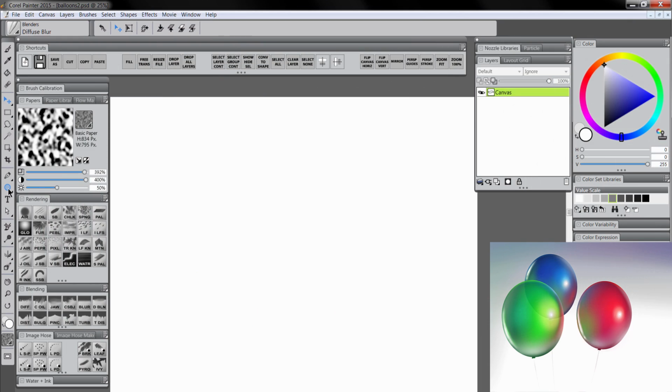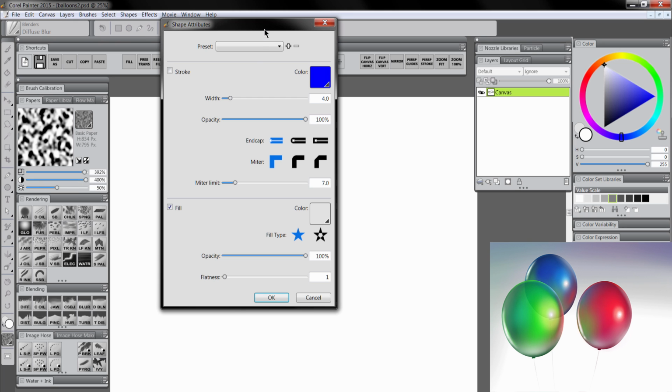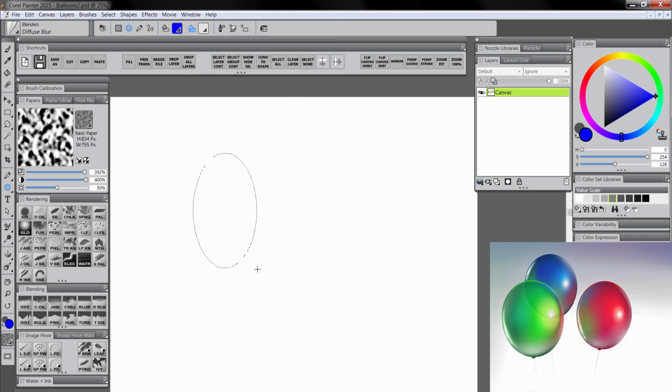First, we'll start with the oval shape tool. It may be hiding under the rectangular shape tool. And you'll want to take a look at the shape attributes up at the top. You can add a stroke or a fill. A fill will fill in the shape, a stroke will put a line around it. So we want to make sure we have a fill, and we'll go ahead and draw out kind of a